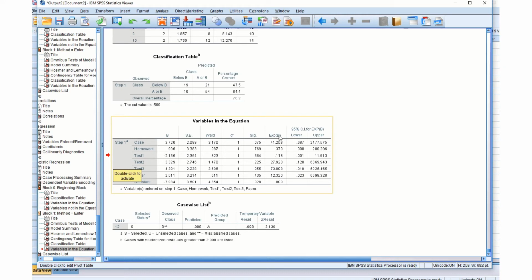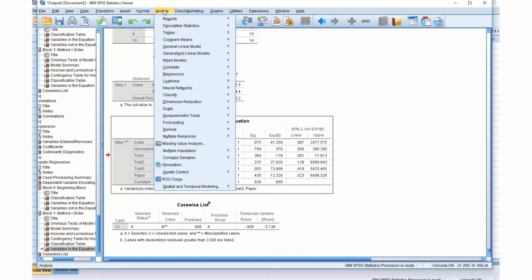It's like the natural log raised of B here, so it's the E. That's how that reads. Now, this is very cluttered, admittedly, because we did an enter version of the test, so all of our variables are in here. Let's take, for instance, if we do, let's do analyze,